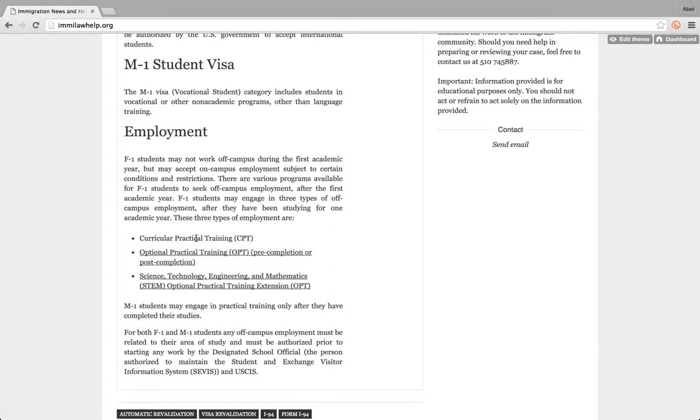Okay, just to put it in perspective, curricular practical training is basically when you can prove that your degree or your course, the whole syllabus of the school, encompasses a curricular practical training. For example, let's say you are in computer science, they need you to go and work off-site where you will get experience, and you need that to graduate, and the school has to prove that this curriculum has this need for the student to get working experience,